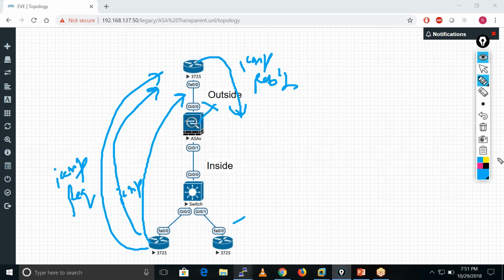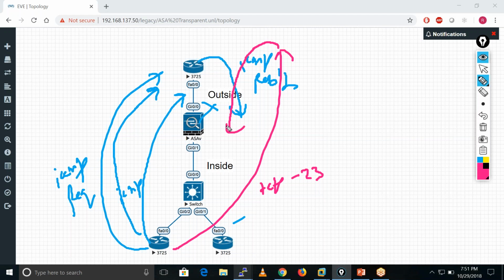Okay, now I am just taking one more case here. If this guy is sending any telnet traffic towards this one, like this is TCP traffic on port number 23, means telnet. So when this guy gets the reply, this firewall has the connection table for TCP and UDP.